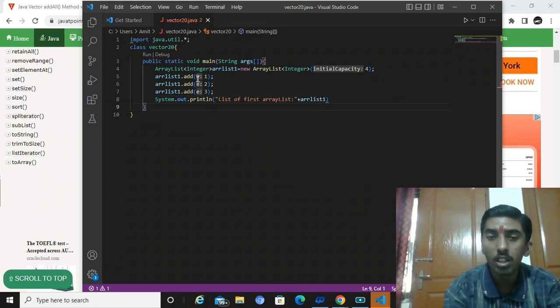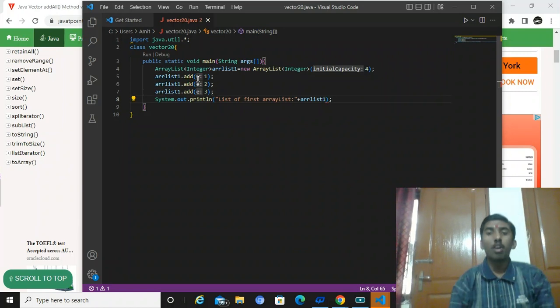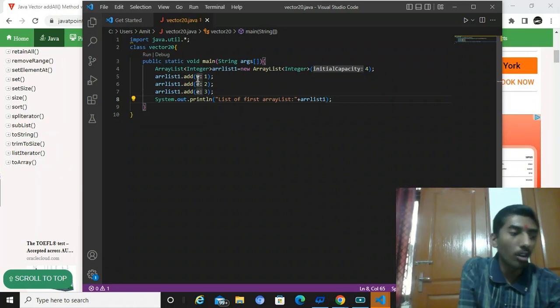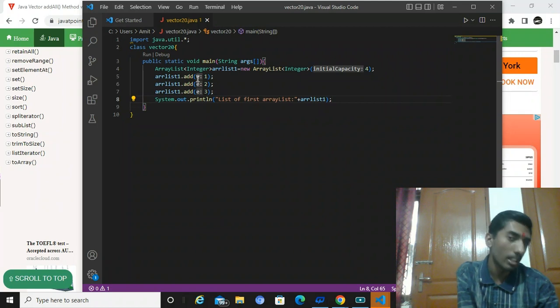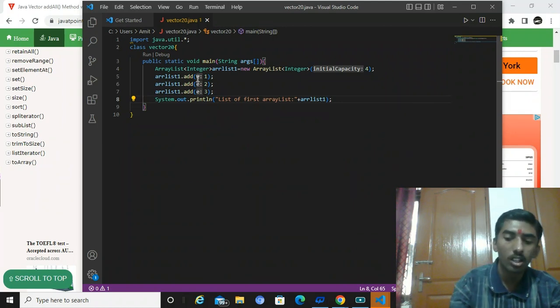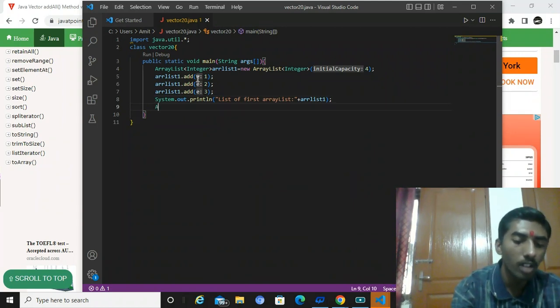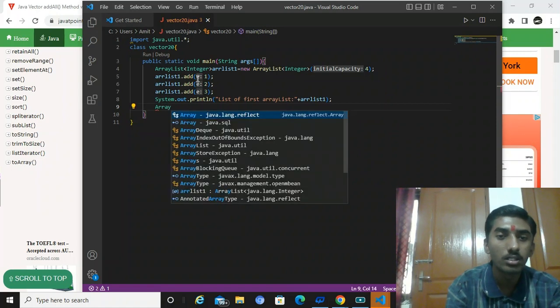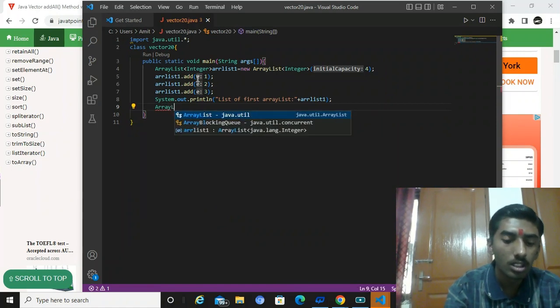Now put semicolon here. After completing this, what you write? You will write again vector formats. So here you write ArrayList,